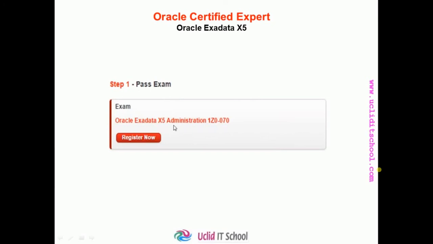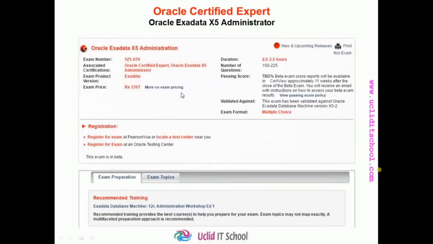Now, if you want to go for the X5 version certificate, which is the latest available certificate, its exam code is 1Z0070. And this is still in beta. Actually, X5 is still in beta. Its price as of now in Indian rupees is 3,300 only.